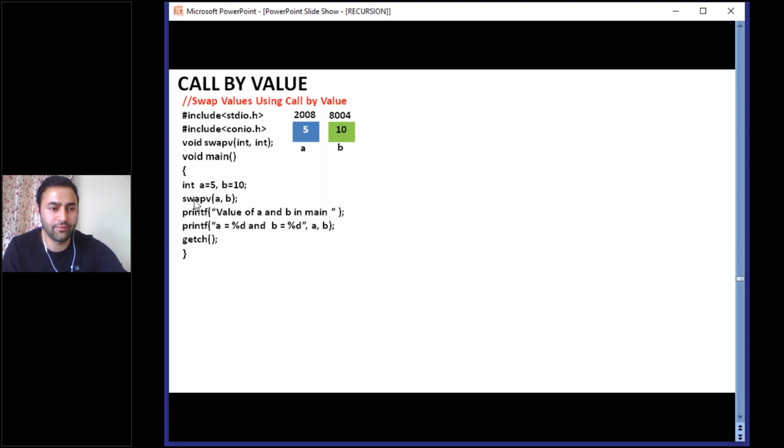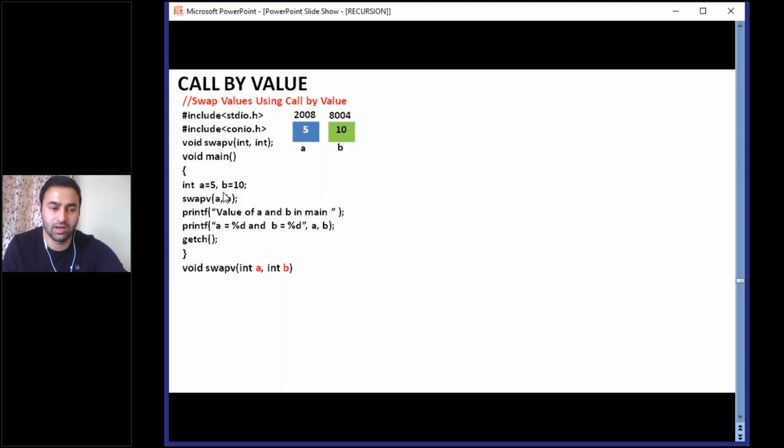This is closed here. Now you have to define this function swap, with a comma b. So for swapping, this is the code. See here, during calling, you have declared two variables a and b. These are marked in red. These a and b are different from these a and b. Remember this thing: these a and b are not in the scope of the main function.